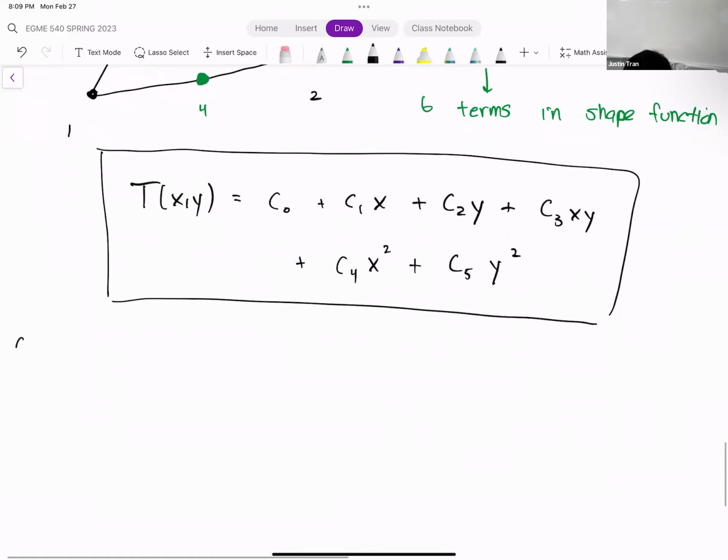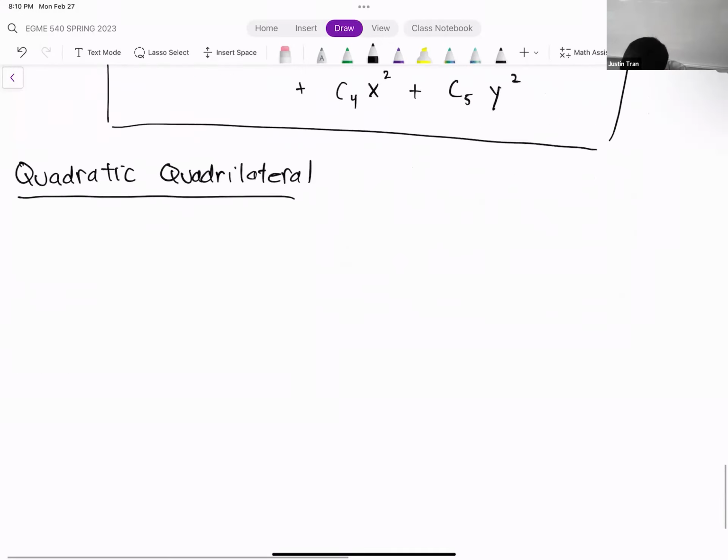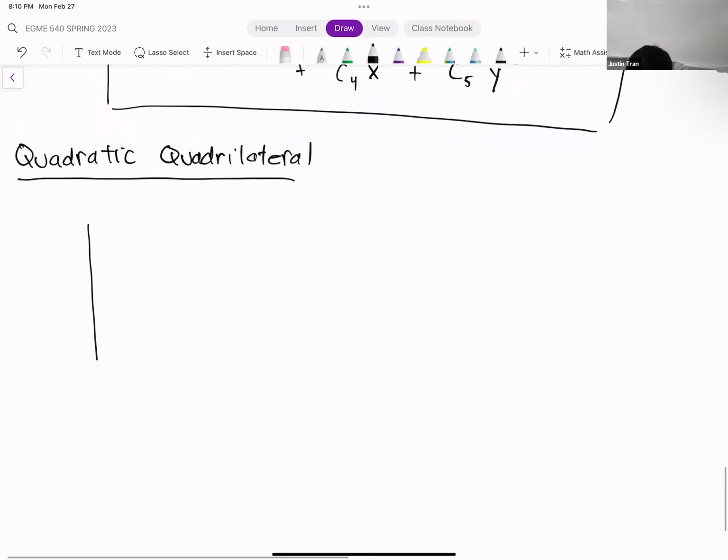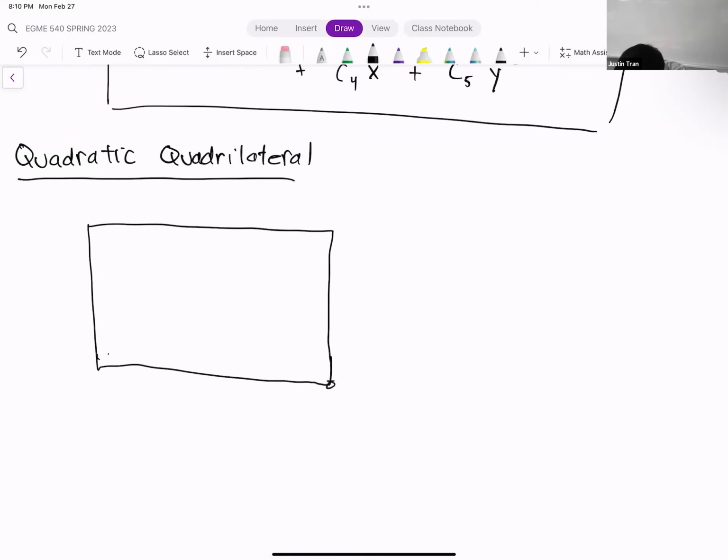All right, so let's do the next one, which is the quadrilateral. And so just like before, we have our 4 corner nodes.